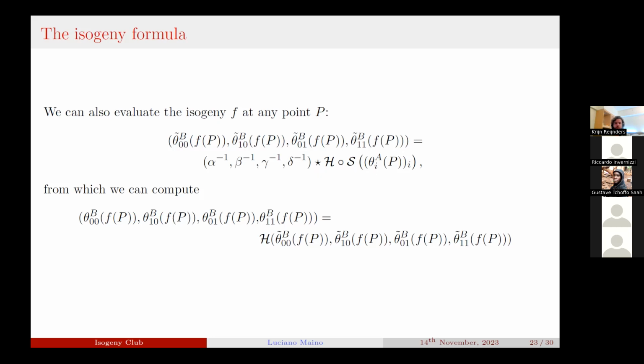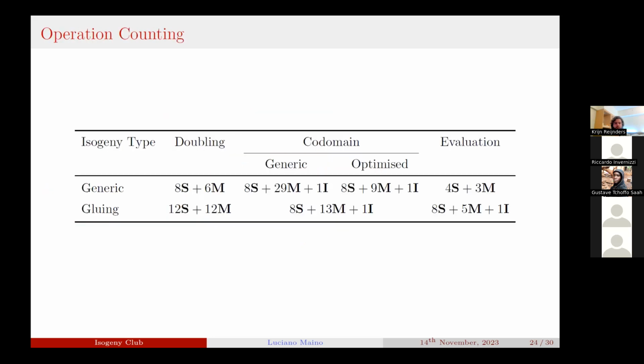And now I'm going to talk briefly about the dust under the carpet. No, actually not. First, I will tell you the precise operation counting, and then I will tell you some details I've skated over. Before, I said that the theta model is kind of oblivious to the type of abelian surface you're describing. This is almost true, but some extra care must be taken when you compute the gluing isogeny, which is the isogeny originating from an elliptic product and mapping onto the Jacobian of an elliptic curve. This case is handled in a different way. So for this reason, you have a different